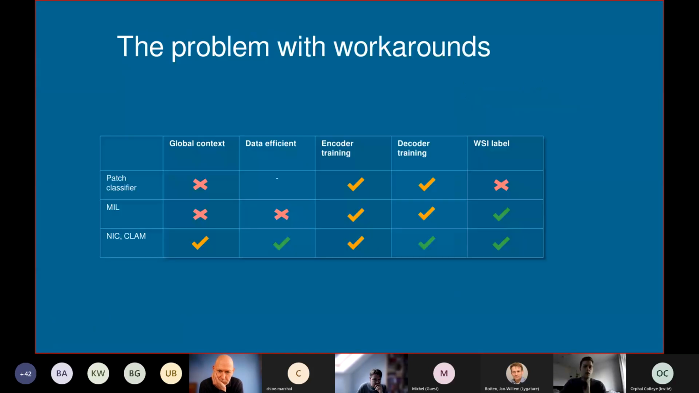So now we're going towards streaming. But before that, I want to quickly explain what the problem is with these workarounds. Even though we're getting more and more into the area where we've checked off all of the things that we would like, such as global context, we want to train the encoder and the decoder, and we want to be able to train a model without